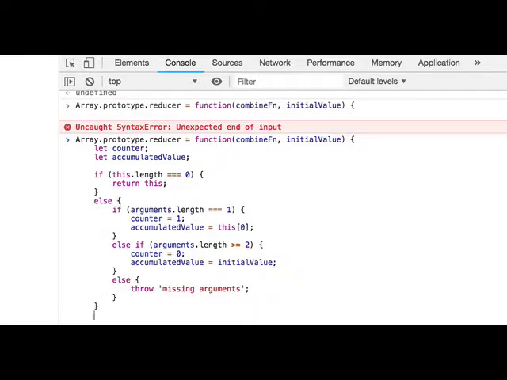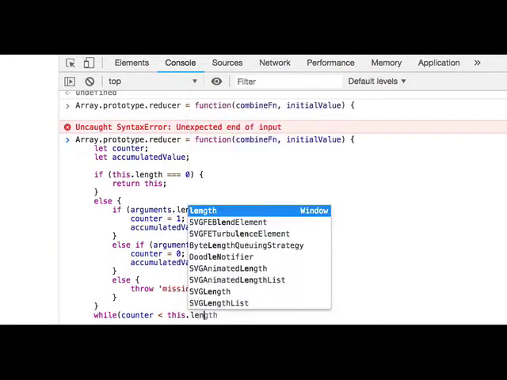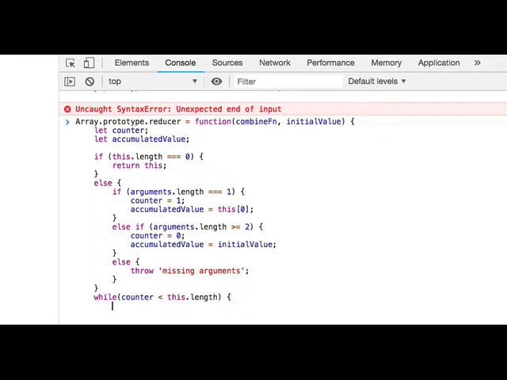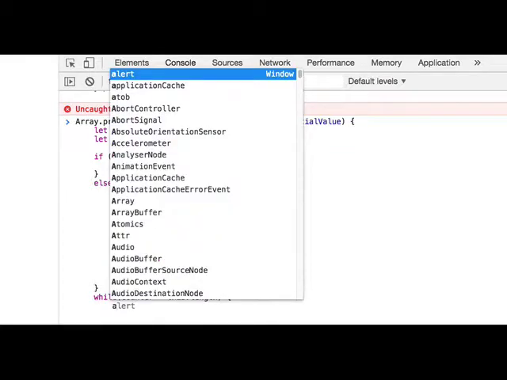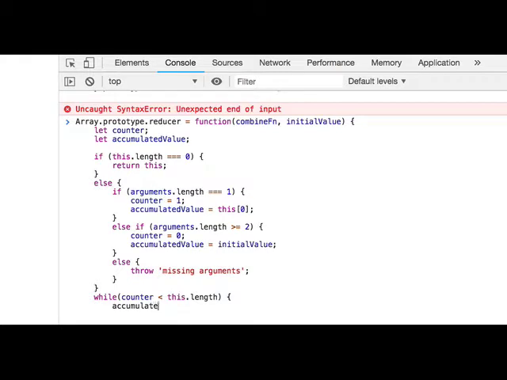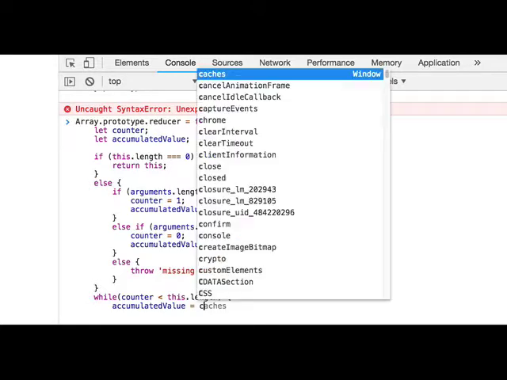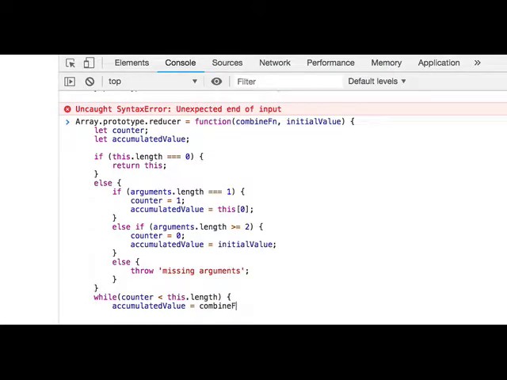Okay, now we're going to just continue to loop through this until we exhaust all the values that we can possibly combine together. So here what we're going to do is a check to see if the counter is less than this.length. And if that is the case, then our accumulated value is going to be the combine function with the accumulated value,